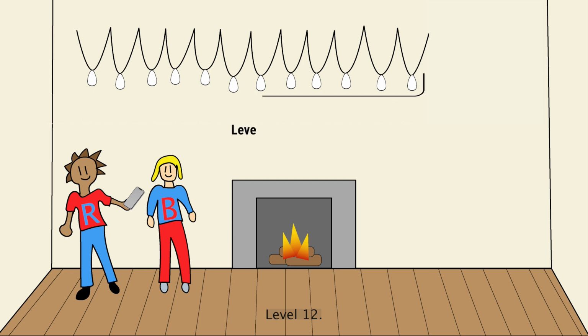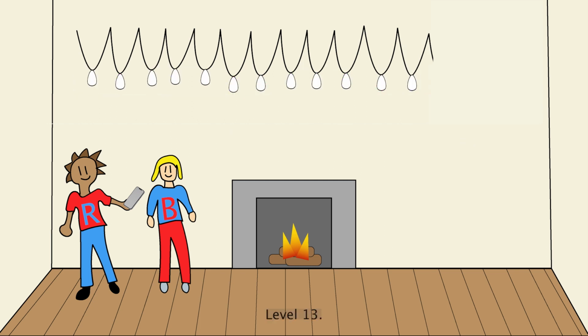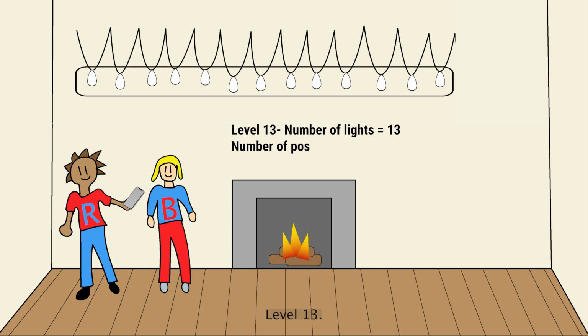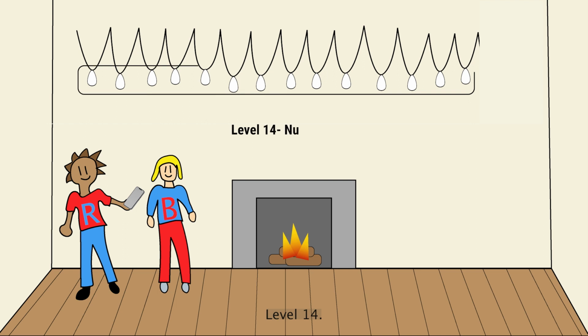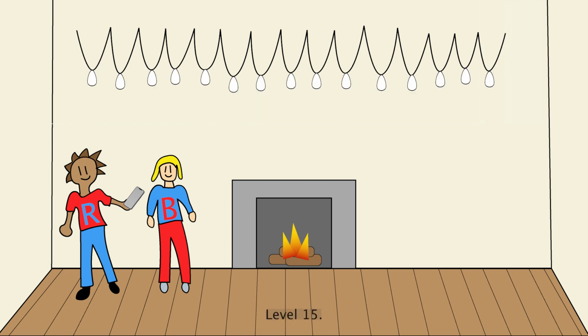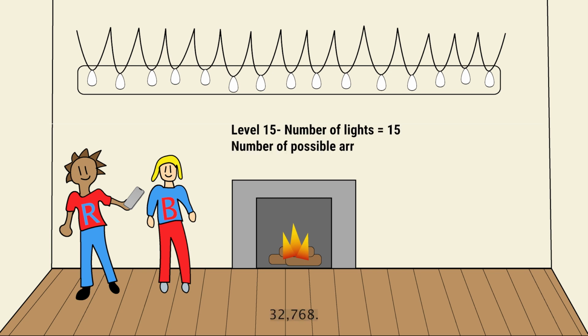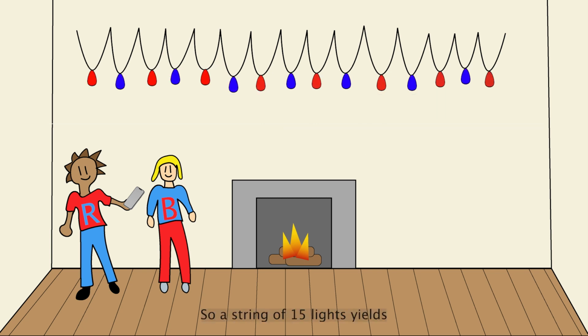Level 12, 4096. Level 13, 8192. Level 14, 16384. Level 15, 32,768. So a string of 15 lights yields 32,768 possible different colorings of red and blue, which exceeds the 27,375